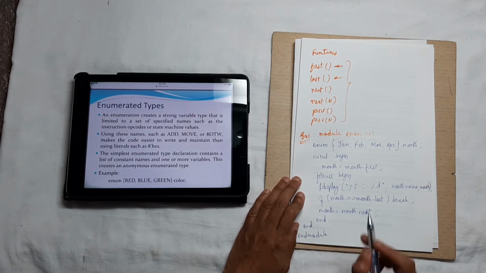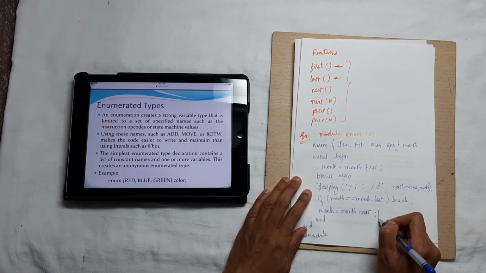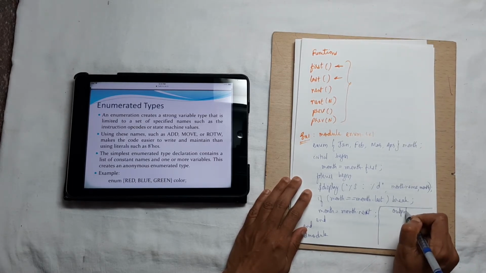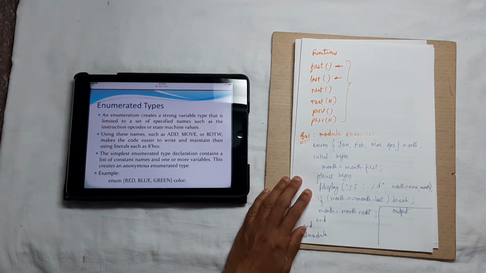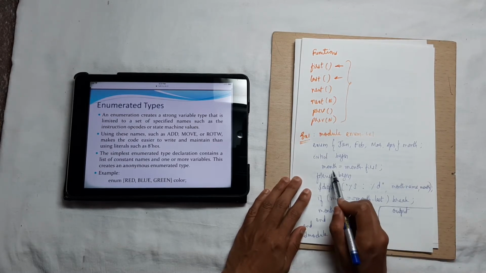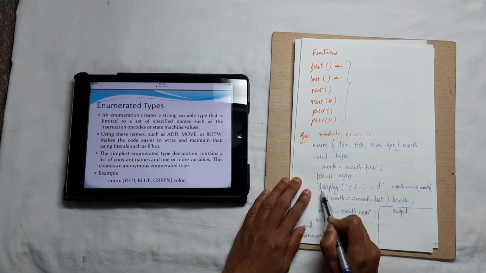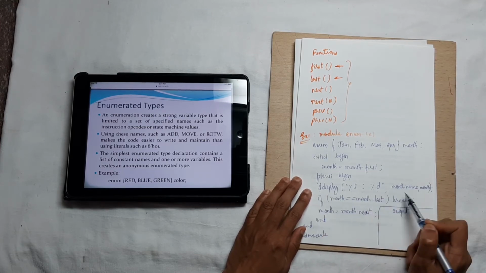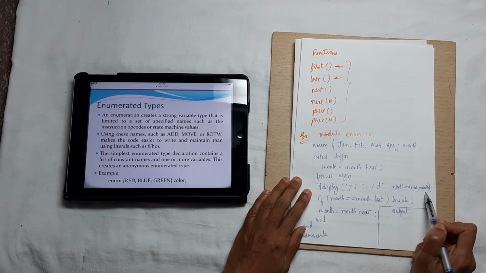Now we will analyze what is this. How is the output displayed? Let us write the output after the simulation. What is display? $display %s colon %d month dot name comma month.